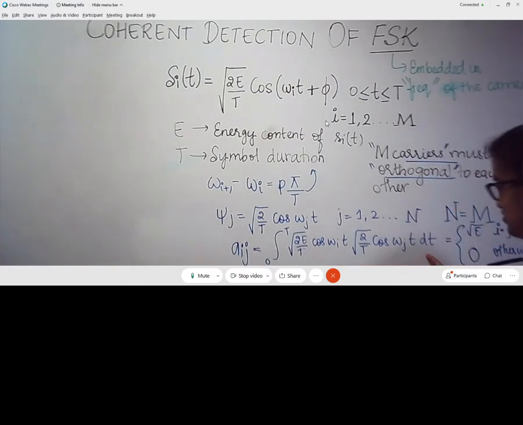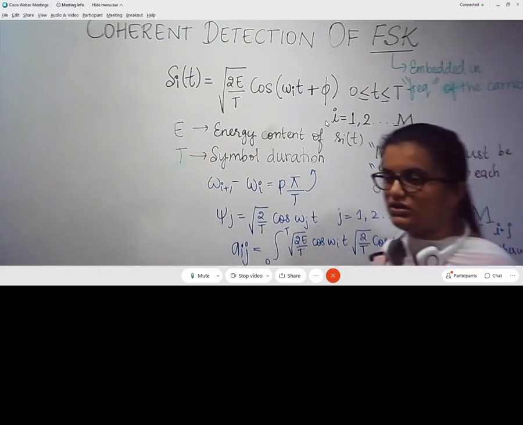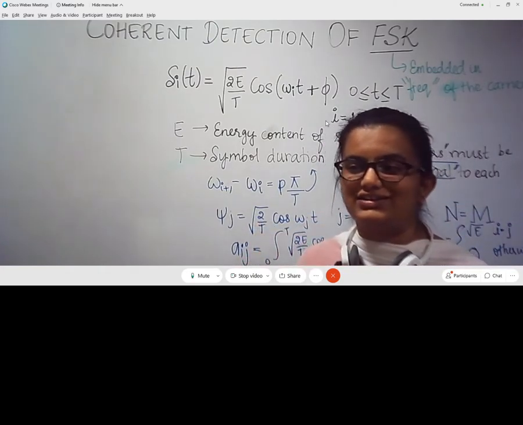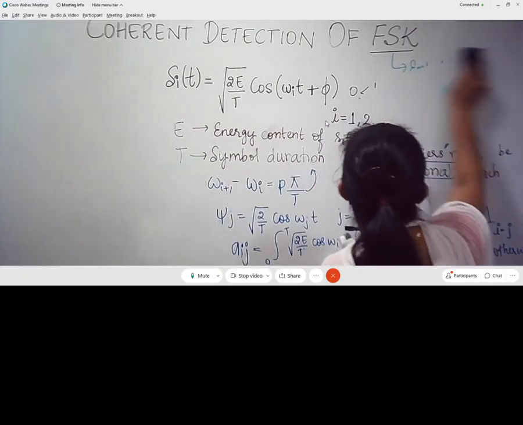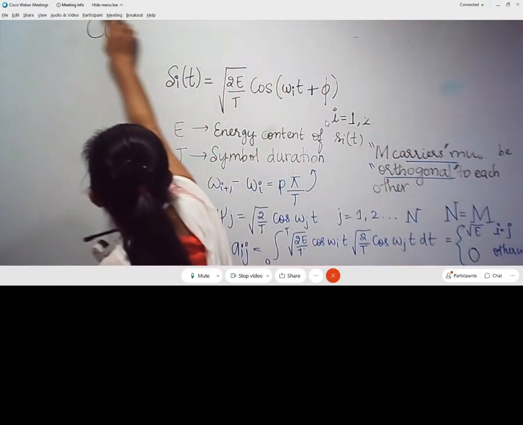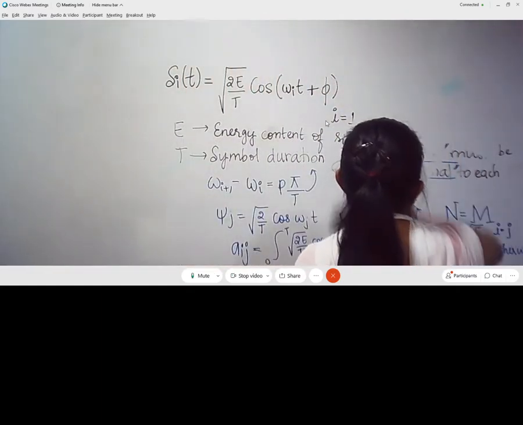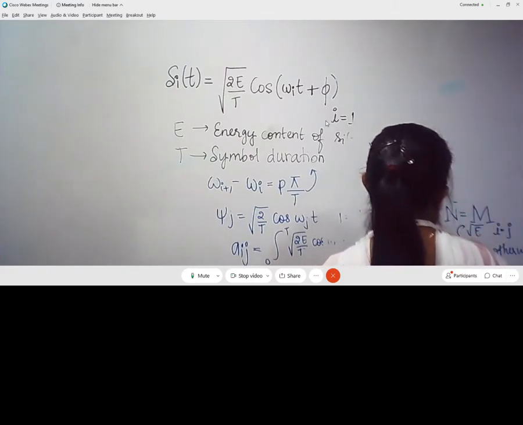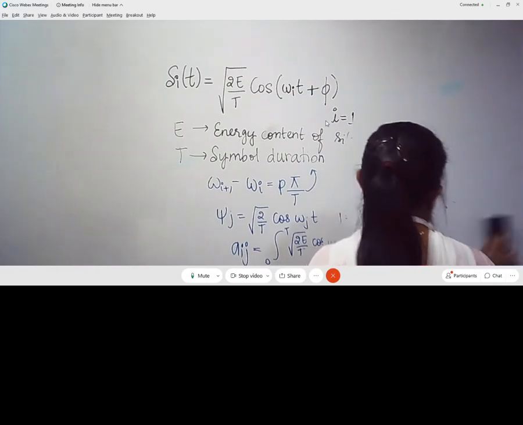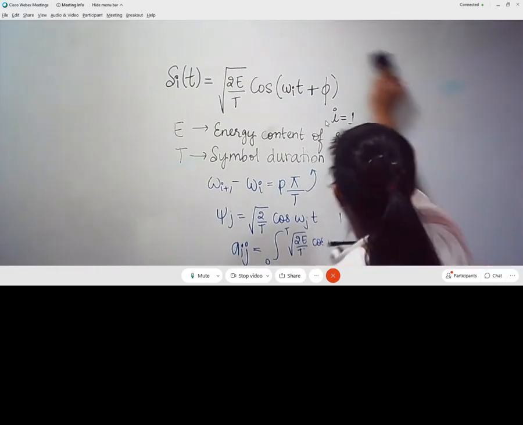So this equation also says the same thing. Only when omega i is equal to omega j, I'll get a positive value. Otherwise, when they are different, I'm going to end up with a 0. That means it is not at all a signal. I mean, there is no signal content on that particular basis function. So this is going to help us in clearly identifying the symbol in an n-dimensional vector space. So now I'm just going to show you how a decision boundary is fixed for an M-FSK system. I'm just going to take one particular example.